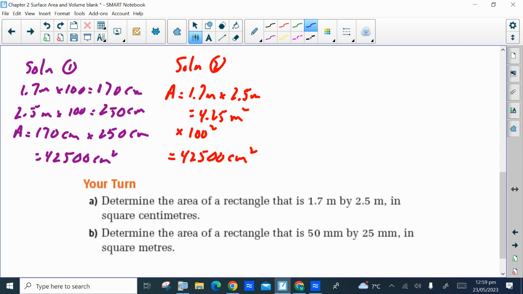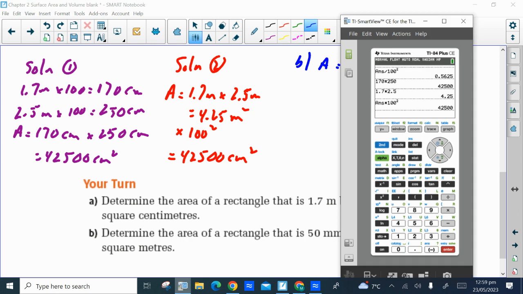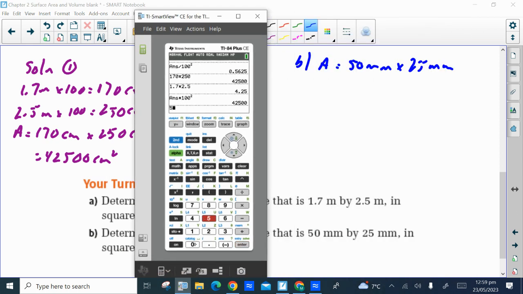Part B, determine the area of a rectangle that is 50 millimeters by 25 millimeters in square meters. So I'm going to do this one by finding the area first. So I only have to do one conversion. 50 times 25, I think, is 12,500. No, 1,250. Yeah, 1,250